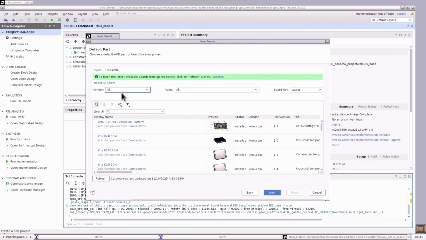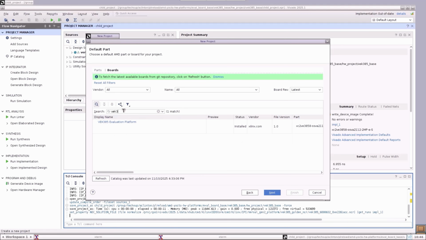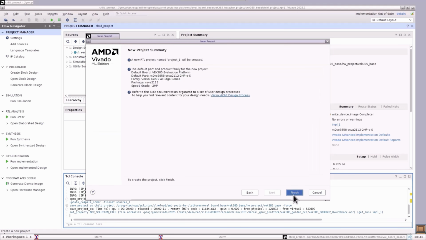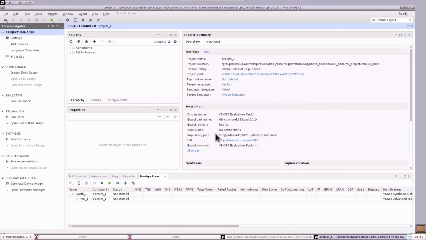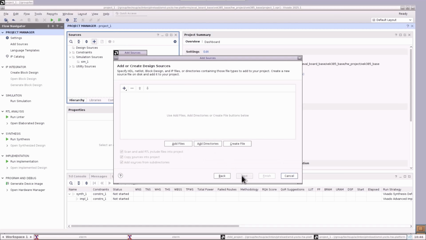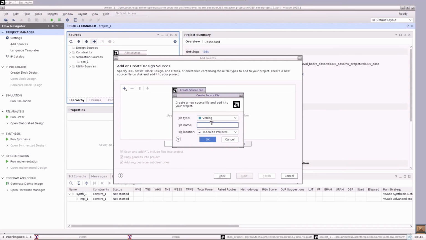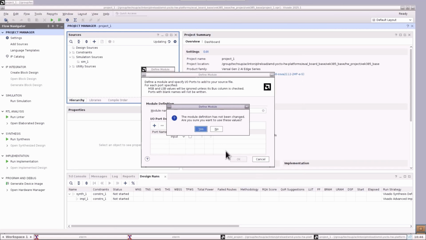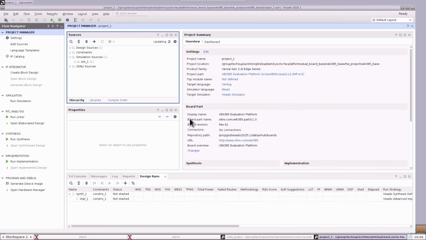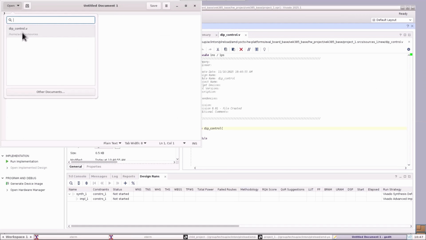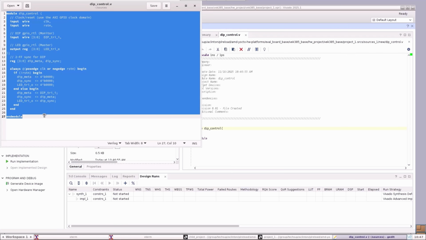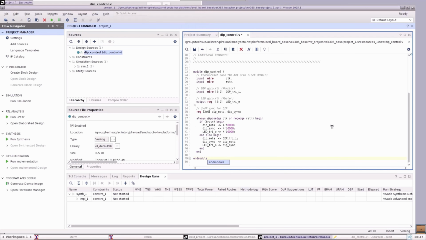To do so, create a new project for the VEK 385. You can change the name and save location, but this project will just be used for IP creation, so they are not important. Once the new project opens, add a design source titled DIP Control. In the module, allow for the input of the DIP switch to drive the output of the LEDs as seen. Note that this is just an example of how you can add an IP. Feel free to use your own custom module or PL modifications.